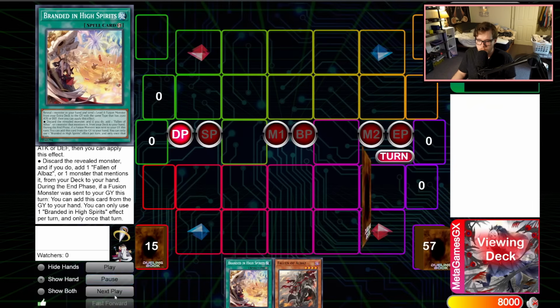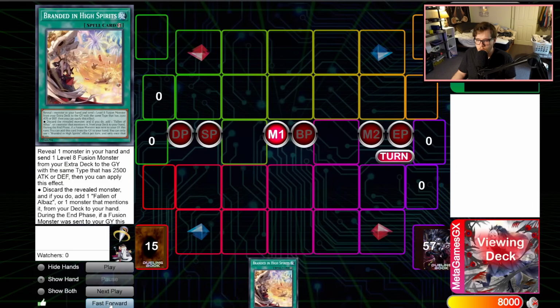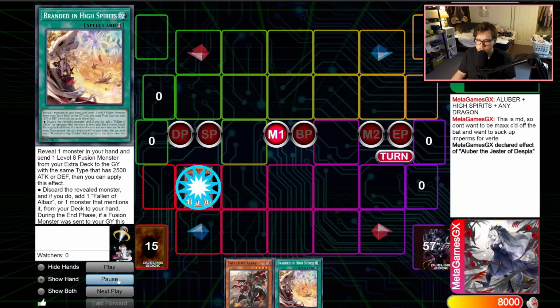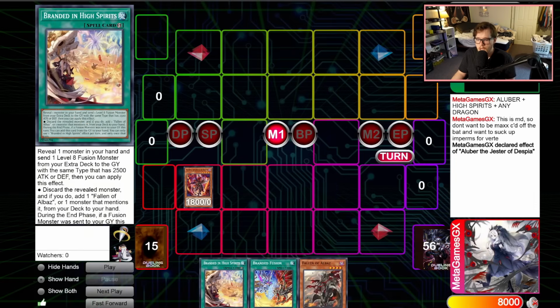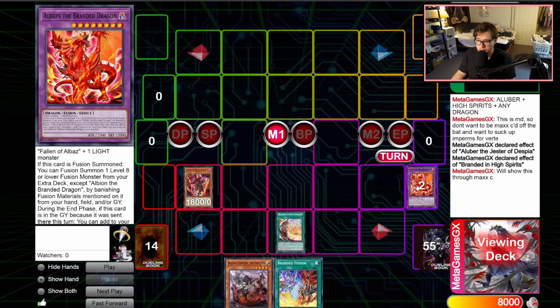All right, so this is the more exciting combo, of course. This is going to be Aluber plus Branded High Spirits plus any Dark Dragon. So here we go, normal summon Aluber. Aluber is going to, if it doesn't get impermed, you search obviously the Branded High Spirits, and then Branded High Spirits here is going to be able to pitch the Albaz, send the Albion, because we're trying to play through